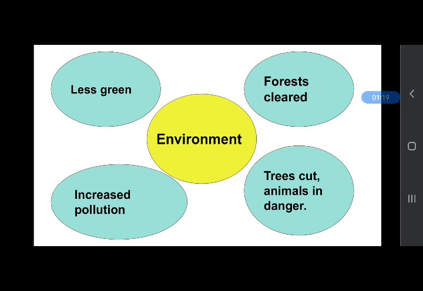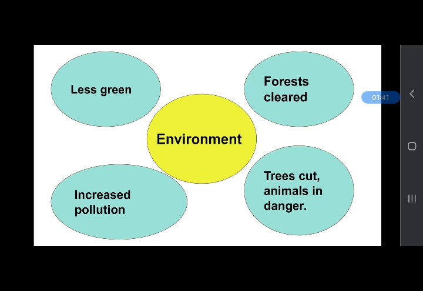Besides, there is more air pollution because more factories are being built and more vehicles are being used. And these vehicles release harmful gases in the air. They also make a lot of noise, which is leading to noise pollution in the environment.